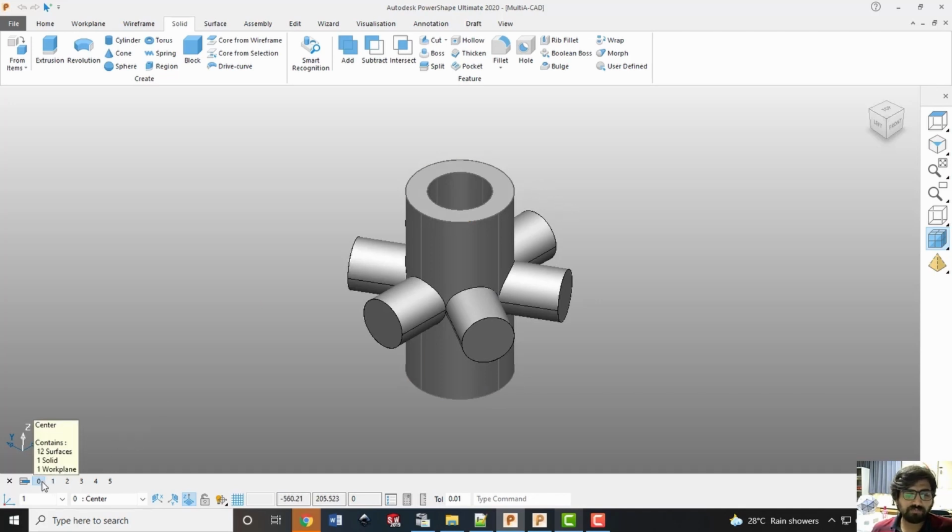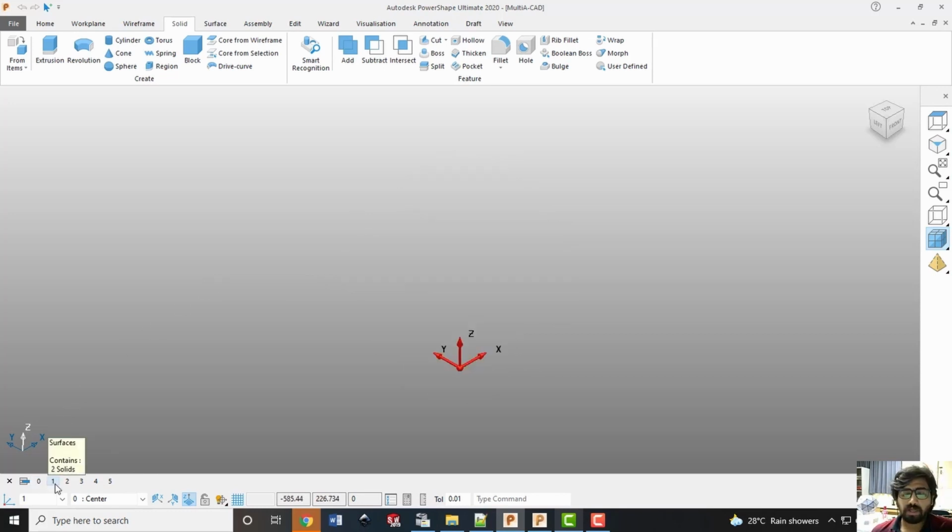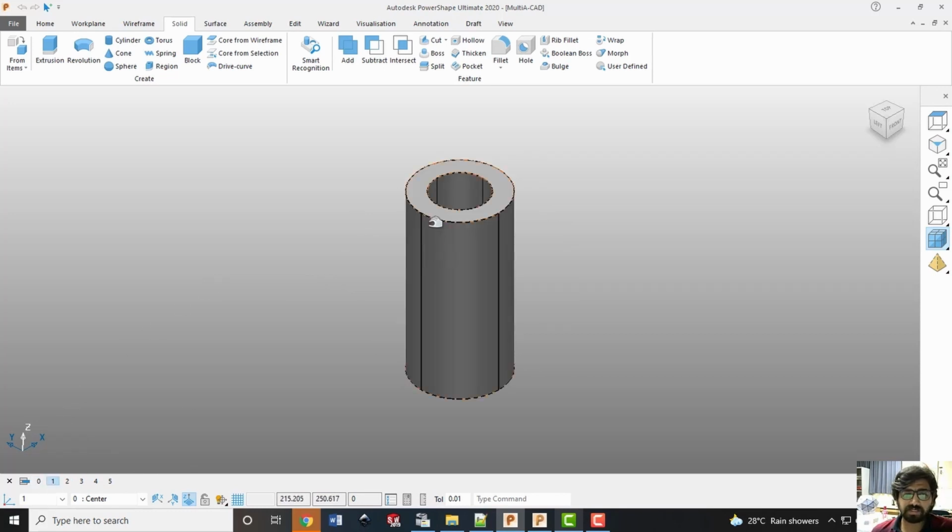For that, I have already created the different features in different levels of PowerShape. Those have to be realized step by step. Our objective is first to build this center part, what you are seeing here, and it can be built on a substrate like this. Of course, there will be a slicing plane like this, a horizontal plane, which will slice from bottom to top. Already we have seen this for a very simple case as well. So let us now start transferring the data.